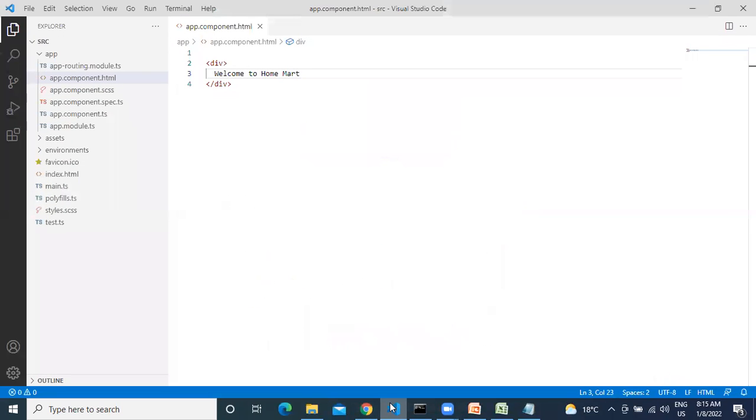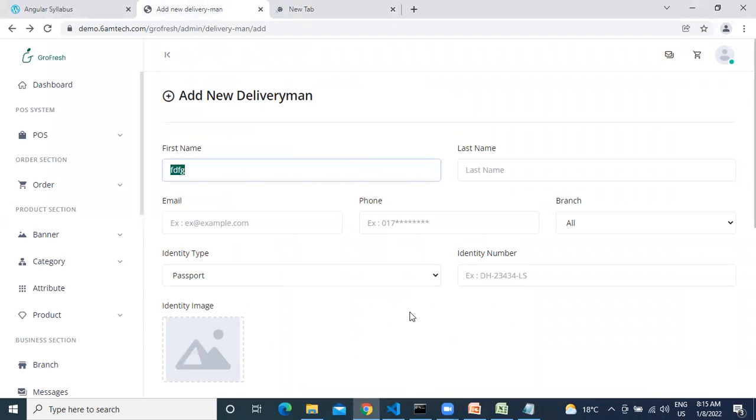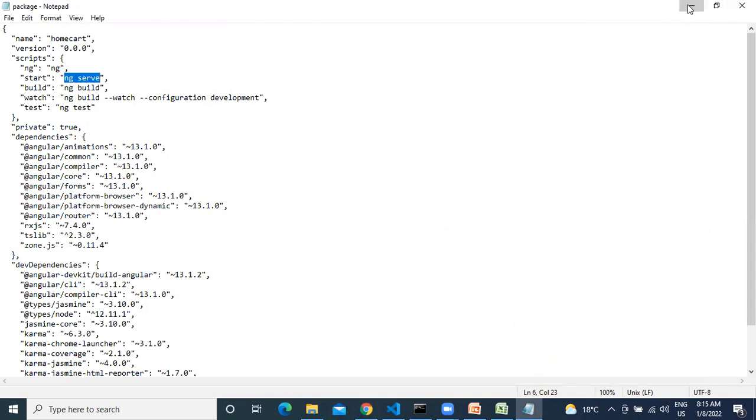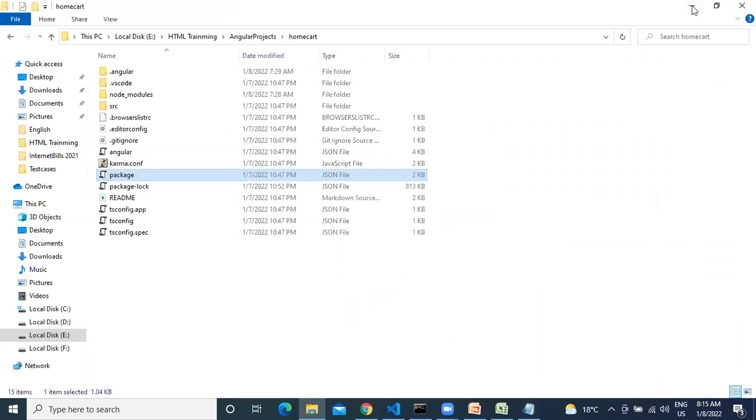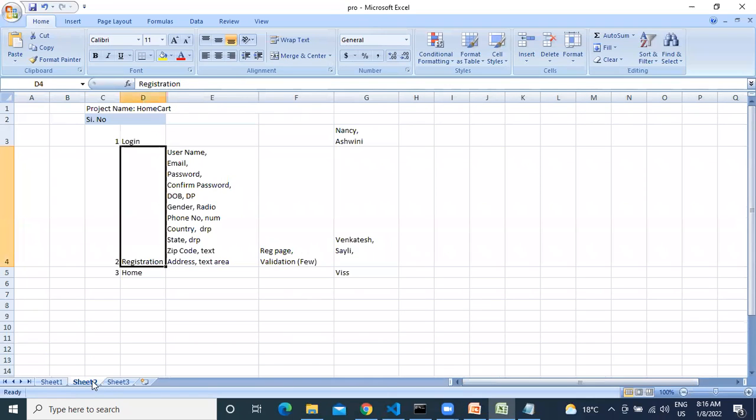So this is our system. We'll start with which thing? See here, we'll start with the login page. Already a few students have done the login, then it will be good. Who has done that login page? Nancy, have you done it? Ashwini, hope she has done it and sent it to me. Okay, sent in the group. Krishna, I haven't done it. Okay. Right, so I will do it today.